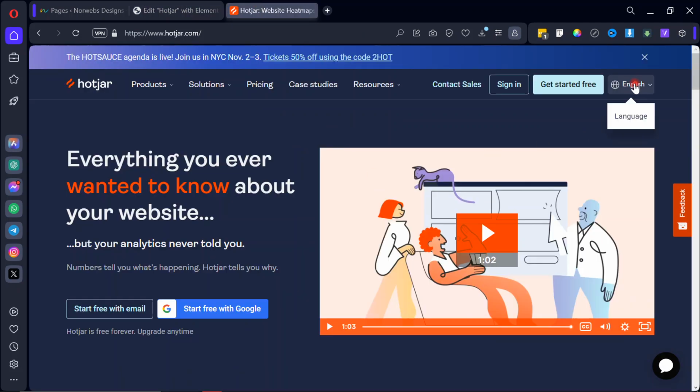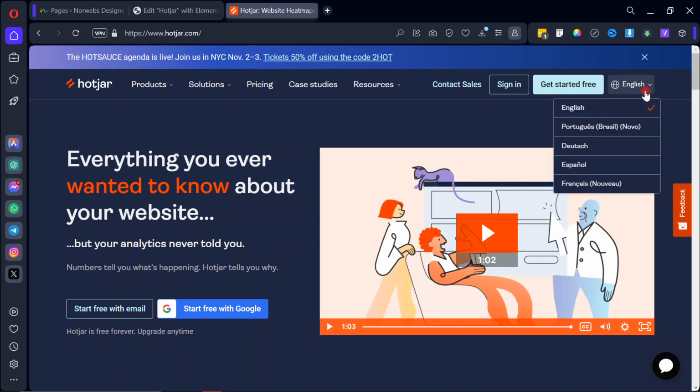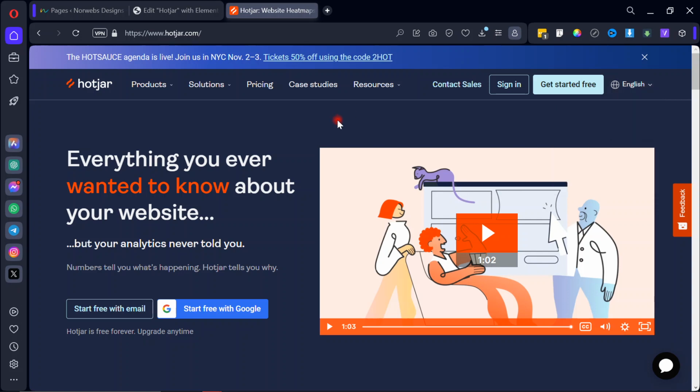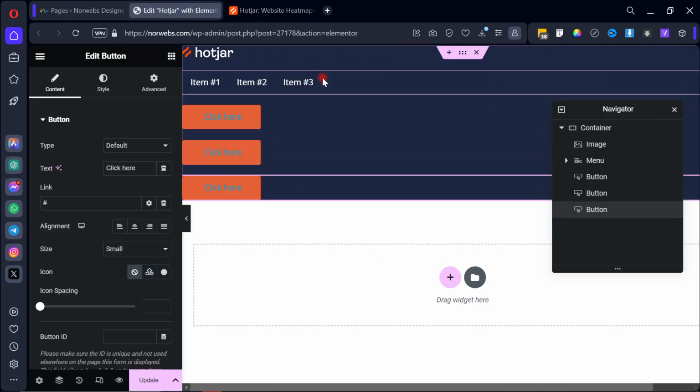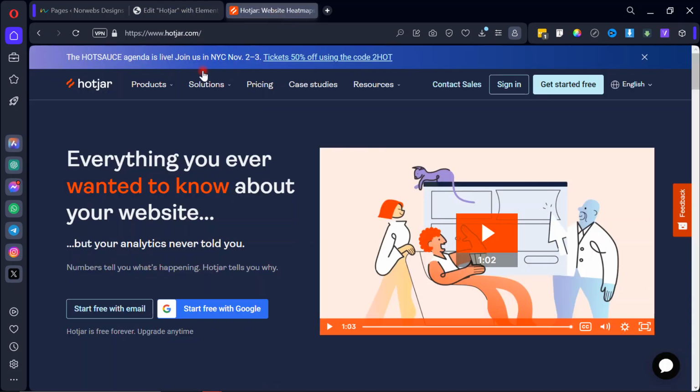Alright, then final thing, this one that we really don't need to design for now, because what will give us this function is a plugin. It's an entirely different plugin. We are not going to go into it. Maybe in a separate video I will explain how to do this. Okay, so here we are, and on the menu, let's go back to the menu again and actually fill it up. So we have products, solutions, pricing, case study,